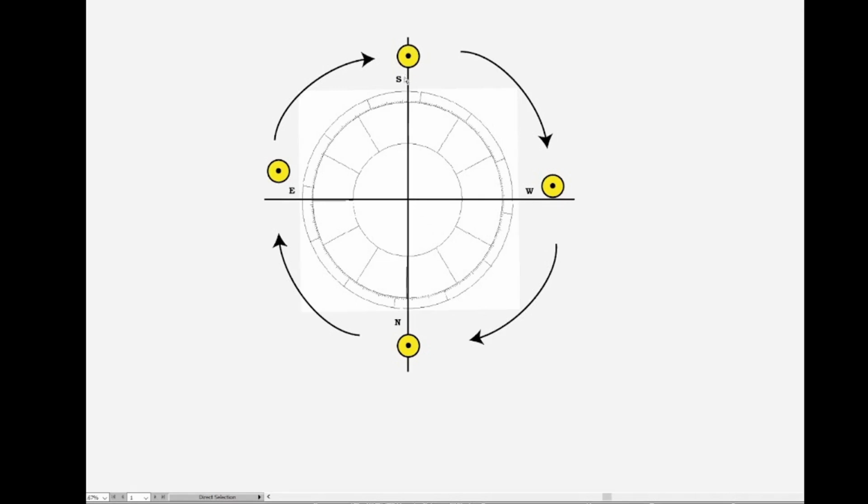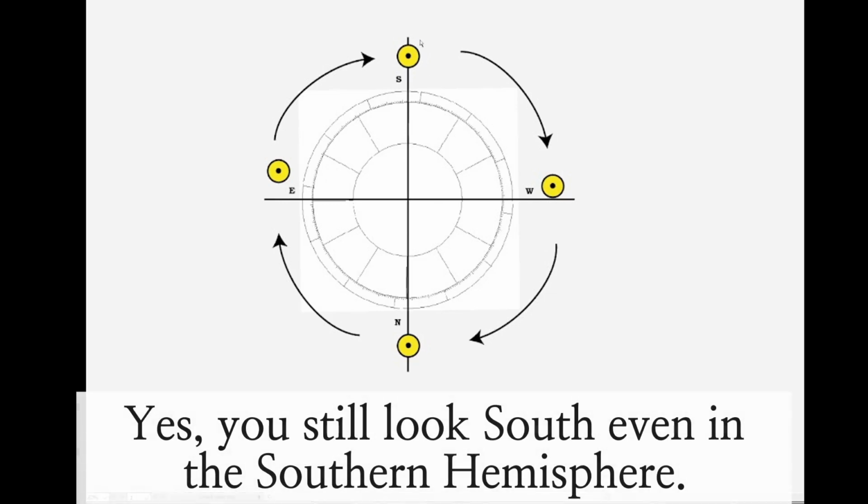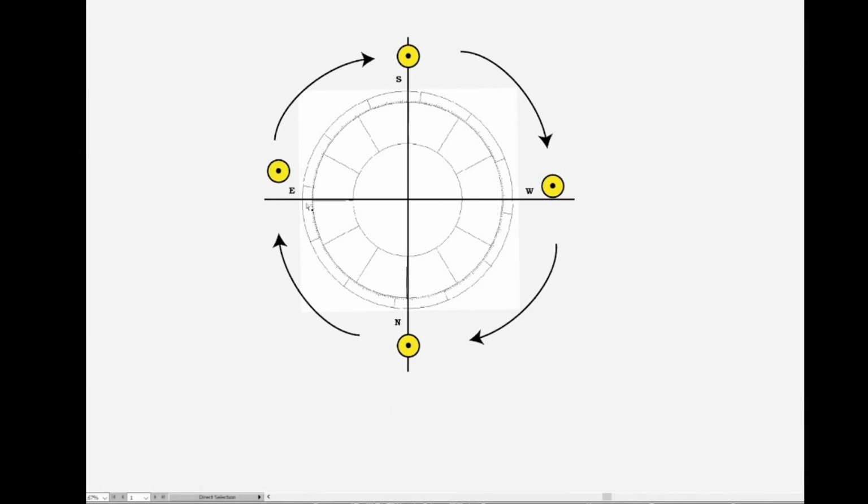The midheaven is always overhead and we're always looking south, so everything behind you on the other side of the earth is north. You have your ascendant, east direction. The sun rises in the east, at noon you're looking south, and the sun is going to be overhead. You have your descendant in your chart here, it's on this side, and then you have your north. So with that in mind,